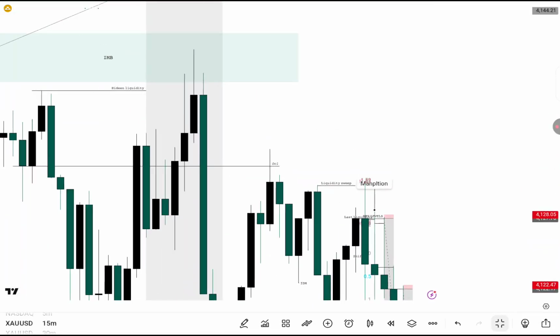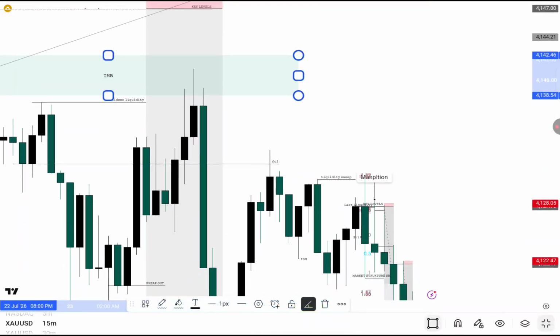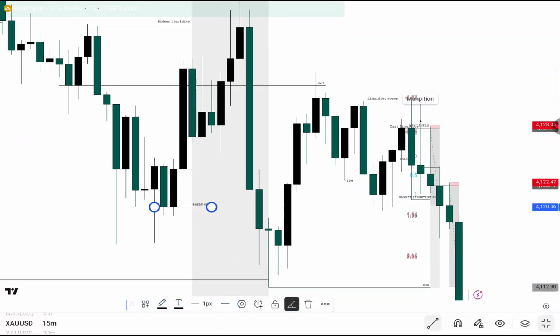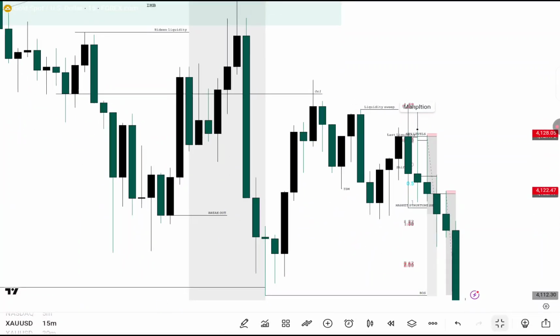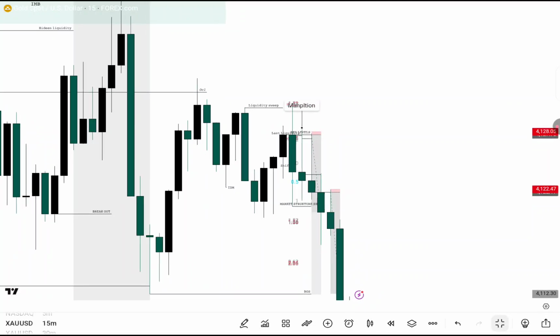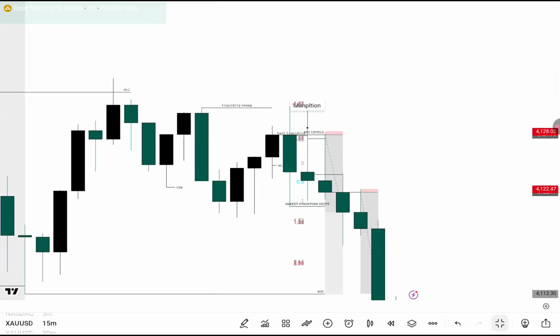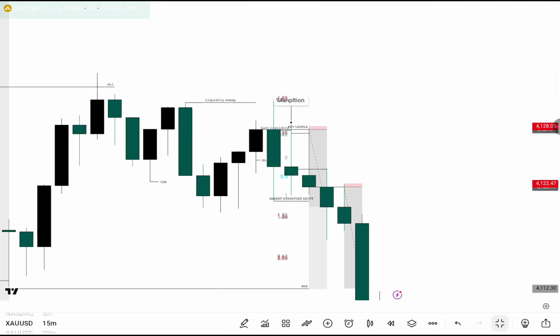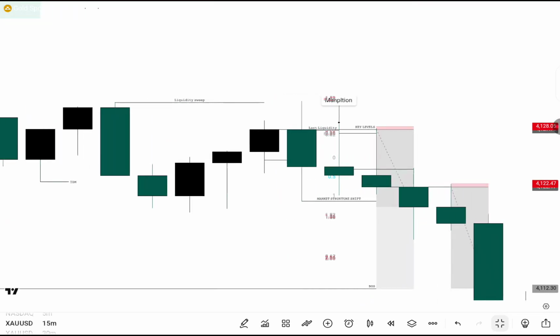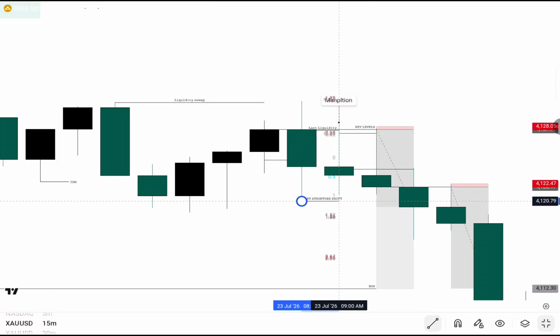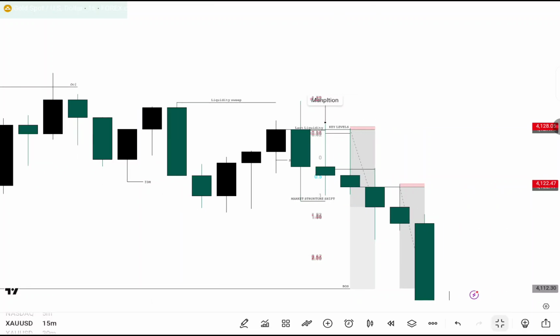Since what led to a price breaking out was an imbalance, you expect continuations to be the imbalance. So now we've seen price tap into our key level, and then we get a market structure shift. This was your market structure shift, okay? And then let's look